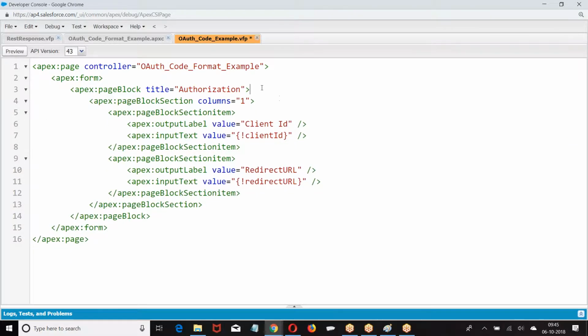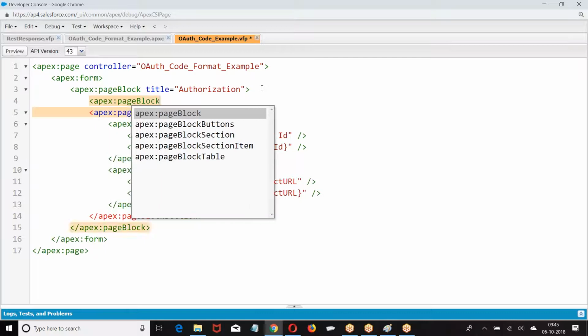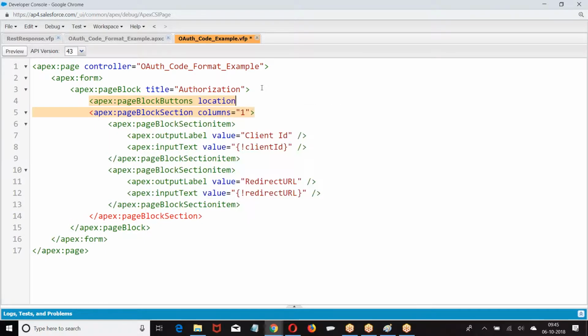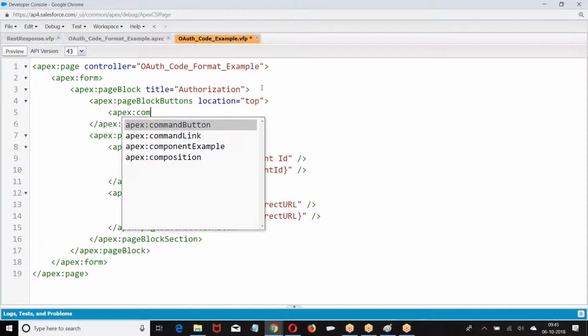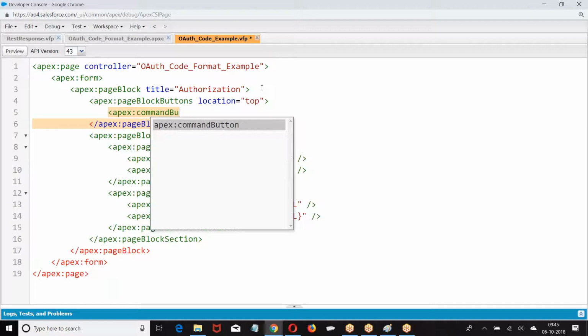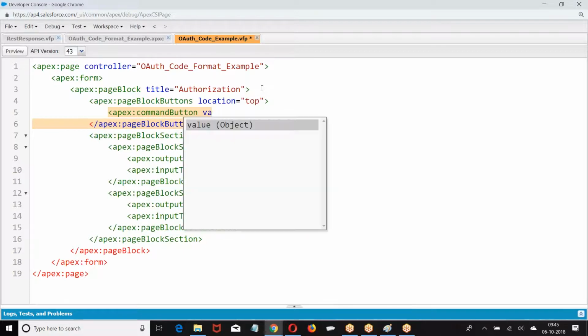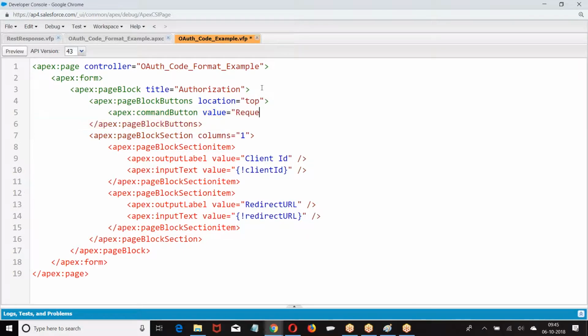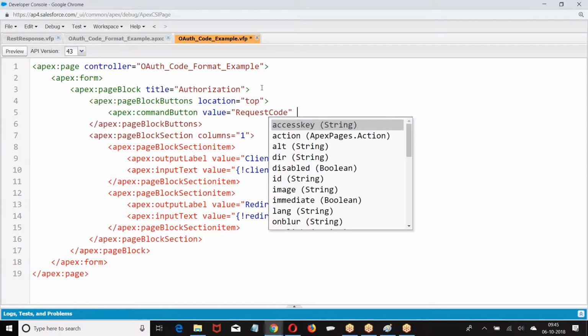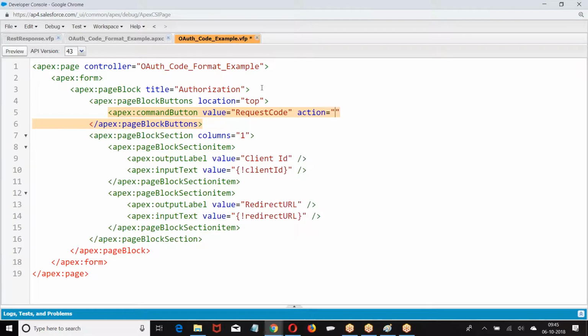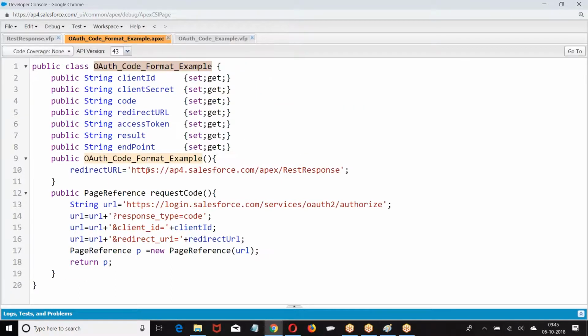I'm going to create a button here. Now, this is how we have created it.